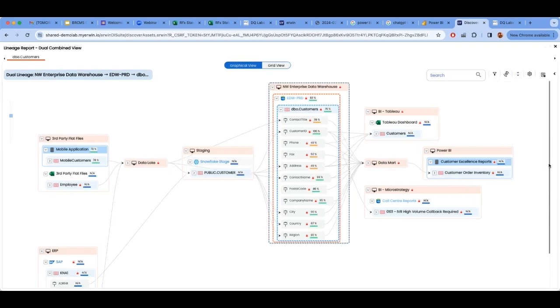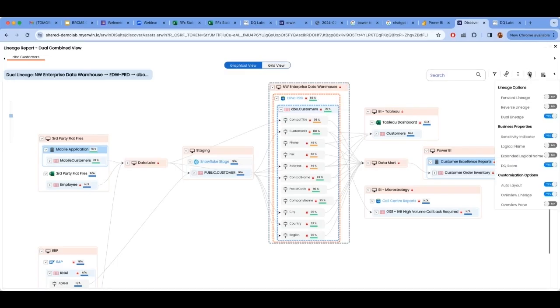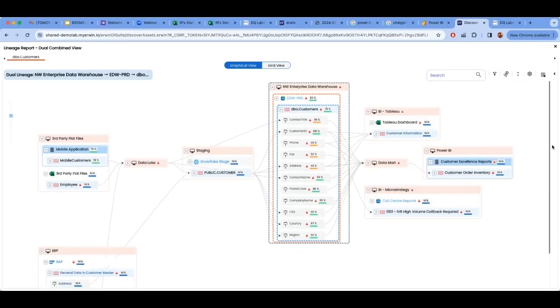Or I can blend in the data quality score, right? I can see at a column level in the source system, in the target system, how the data quality is. I can blend in maybe the logical names coming from my logical model to make the diagram more readable. So I have a lot of different options on this view, which I'm not going to go into too much detail, but you get the idea.